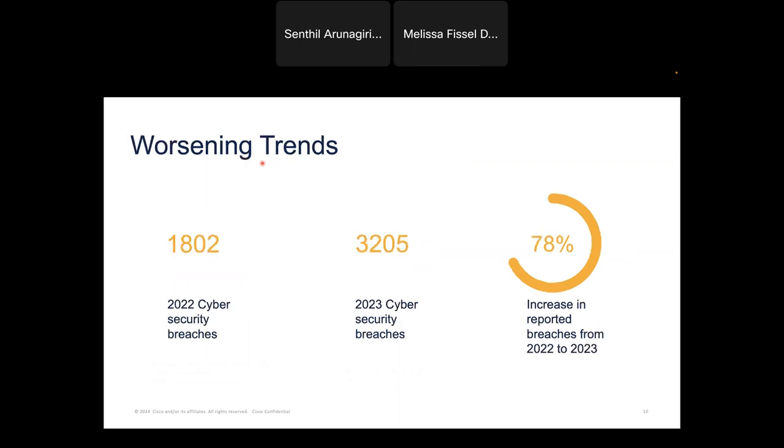Now, do things get better, right? Yeah, they're bad from what we saw. But it doesn't look like they're going to get better anytime soon. As a matter of fact, it looks like it's a worsening trend. This is just data from 2022. It's 1802 breaches. And then here, it's a much bigger number. And what is that? It's 78% more than the 2022 number, just one year. And again, I've been in security long enough, and I've not seen it go the other way, not by a